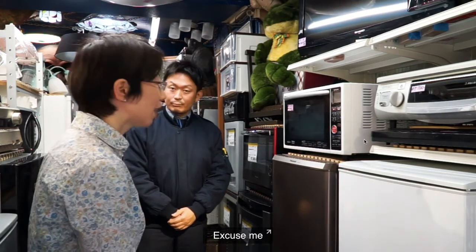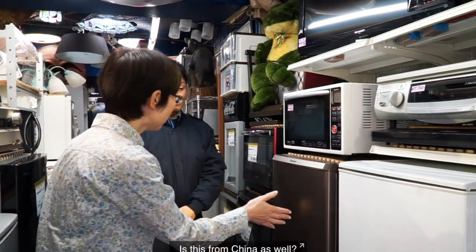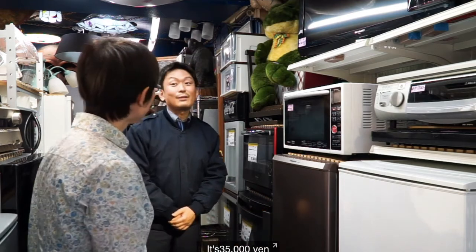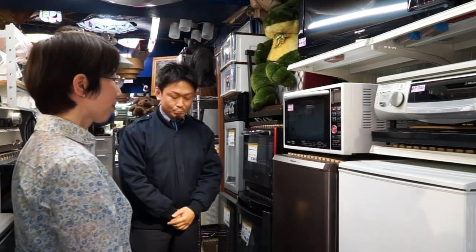すみません。この冷蔵庫はどこのですか？中国のです。これも中国のですか？いいえ、東芝のです。これはいくらですか？3万5千円です。そうですか。わかりました。